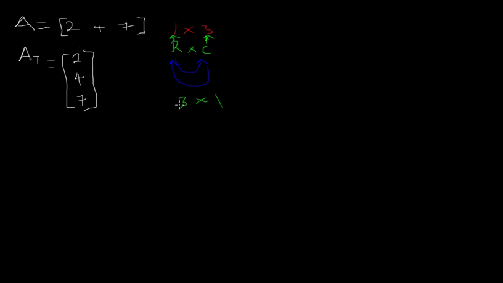Okay, let's look at another example. Let's say you're given matrix B. Matrix B has 2, 4, 7, 1. What is the order of this matrix? This matrix has how many rows? 1, 2. 2 rows. And how many columns? 1, 2. 2 columns. So if you're asked to find B transpose,